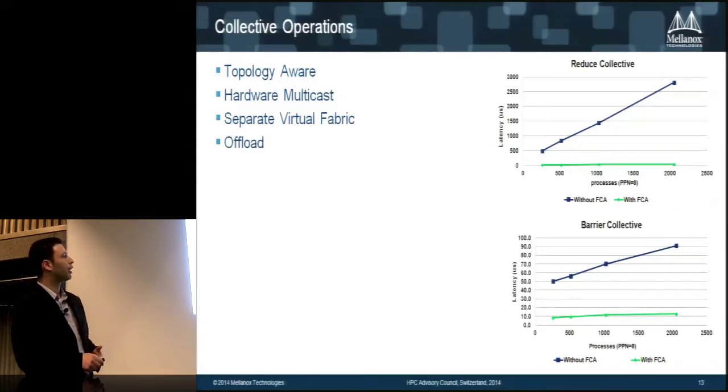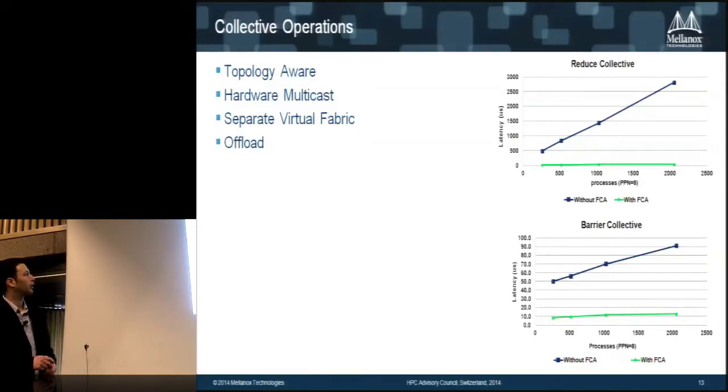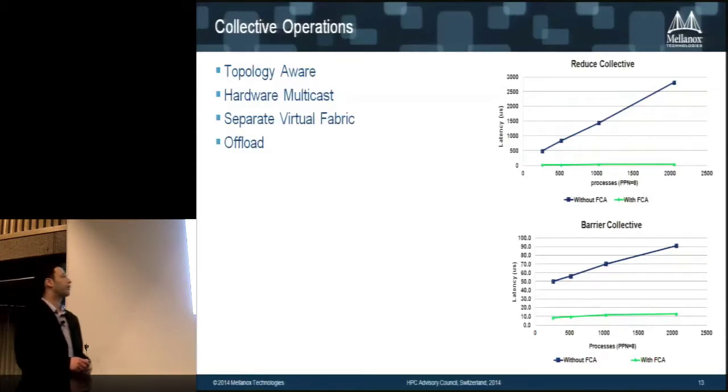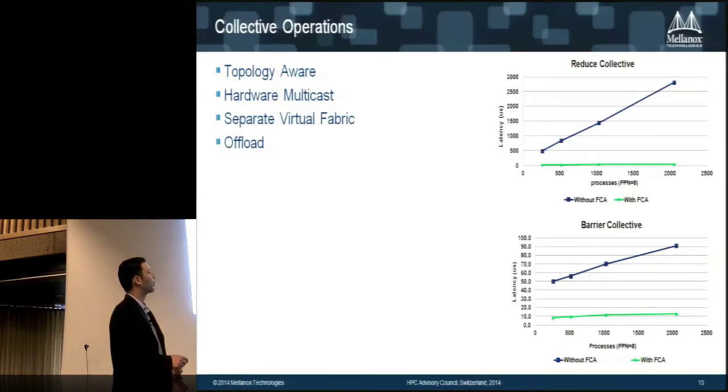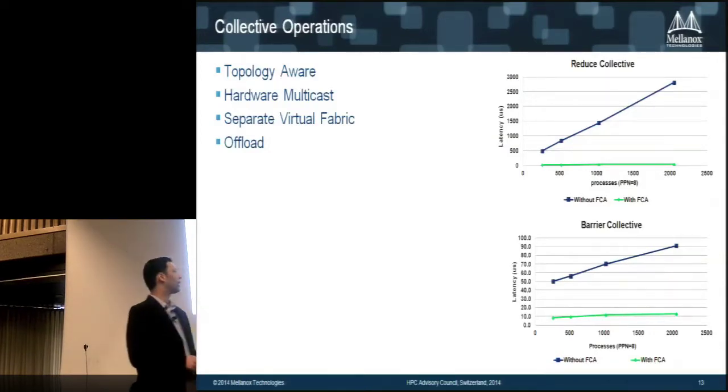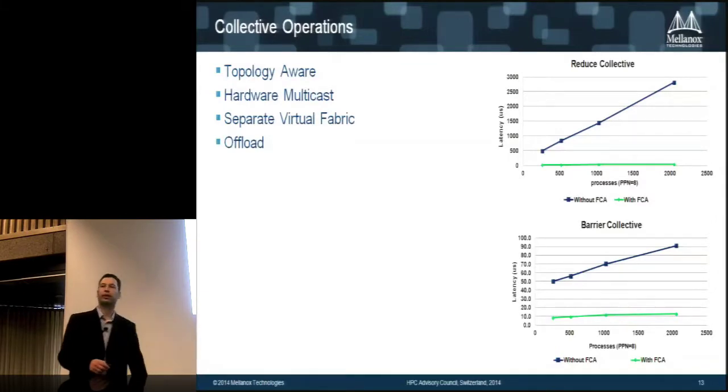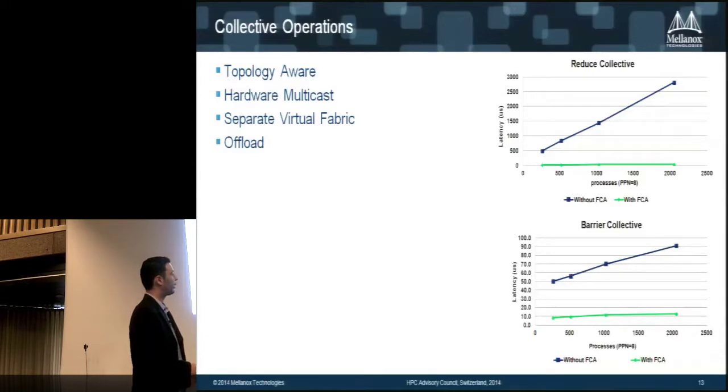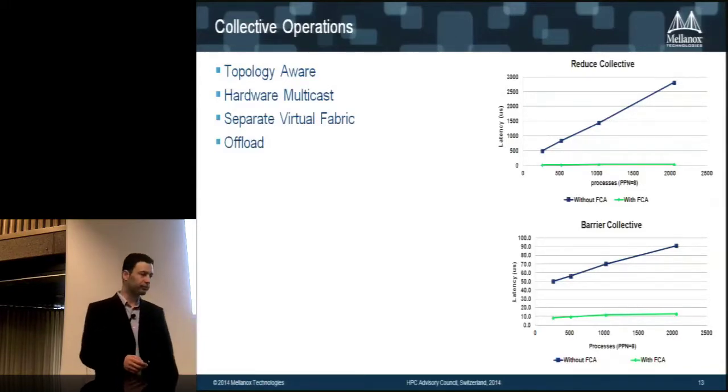reduction in barrier performance optimization, up to 2,000 processes that we're running, and basically, the scalability of our fabric collective acceleration really gets you to really nice scalable numbers in terms of latency for the operation. And we need to keep evolving that in order to scale more and more efficiently with collectives.